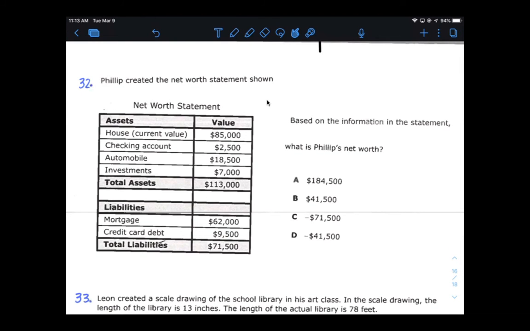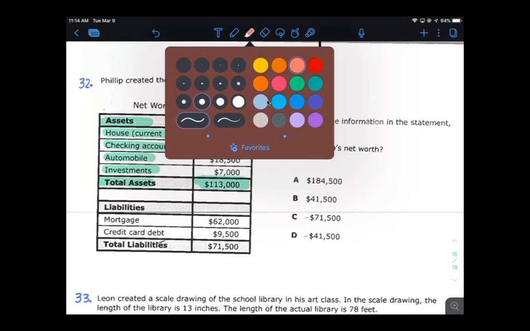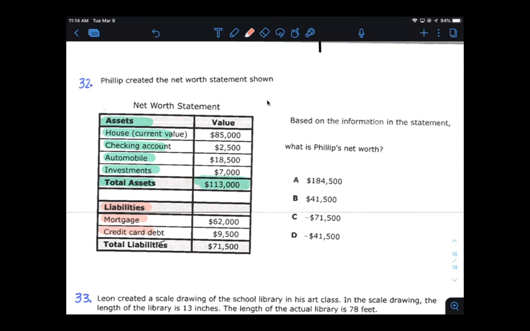Problem 32 says Philip created the net worth statement shown. Net worth statement, and as you can see here, the assets are listed here. And luckily for us, they've already given us the total amount of assets. And they're also listing the liabilities here, and they're giving us a total already. So if I read the problem here, it says, based on the information in the statement, what is Philip's net worth? And to find the net worth, you have to subtract the total amount of assets minus the total amount of liabilities. So I will subtract